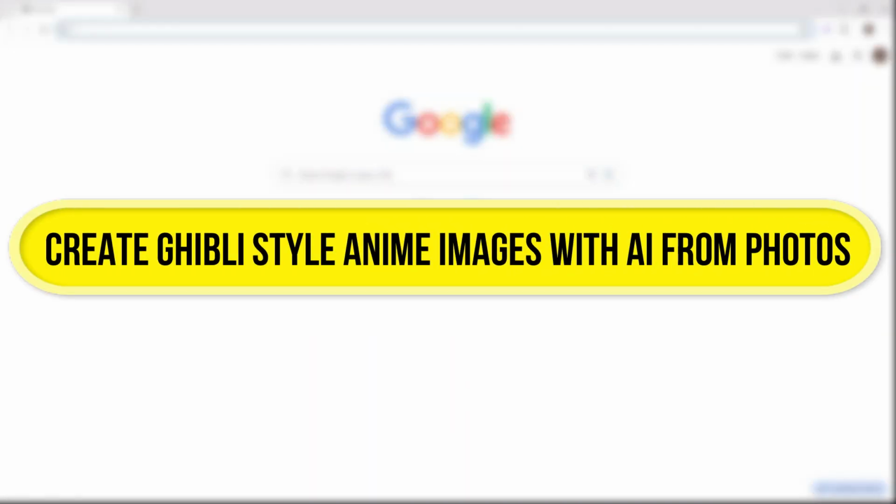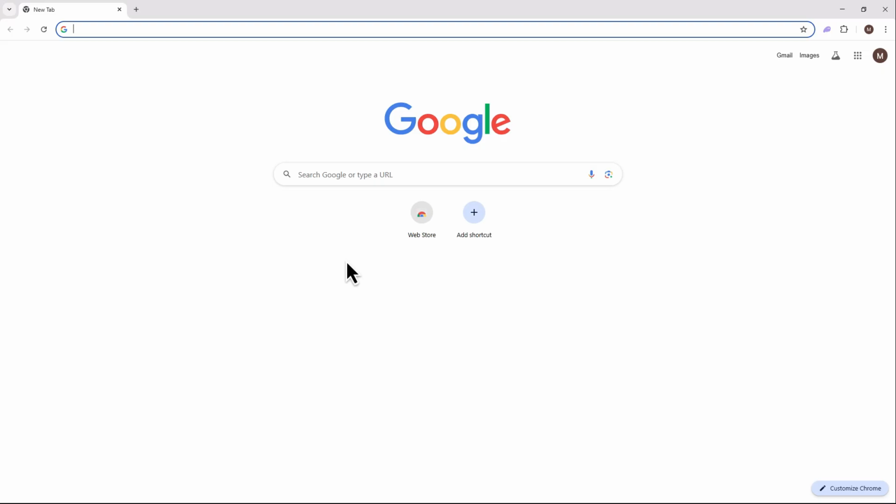Hi everyone! In this video, I'll show you how to create Ghibli-style anime images using AI from your photos. Let's get started. First, go to the website